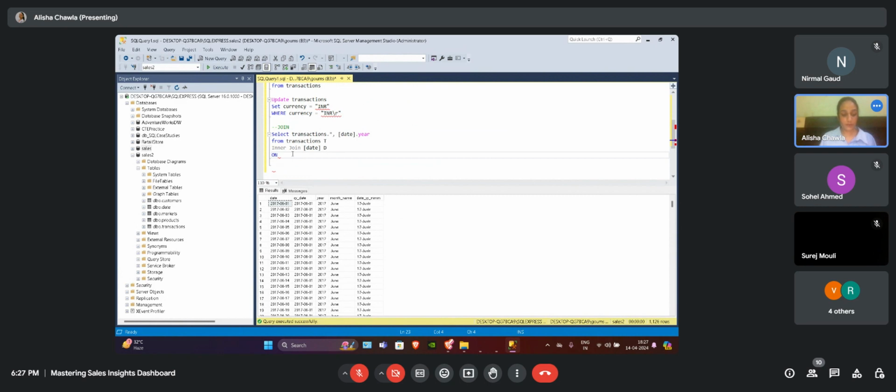We can use T dot order date is equal to D dot date. Where, let's say we are giving it a condition that shows us all the data where year is equal to 2020.